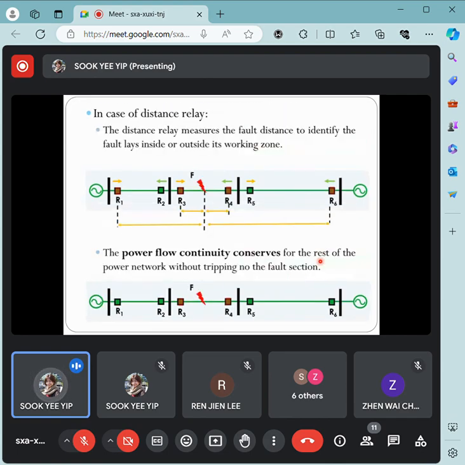All right, so now let's say we change the relays. Instead of using overcurrent relays, we are using distance relays for the same situation, meaning R1, R2 up to R6 are now distance relays. So we know that the distance relay will actually measure the fault position, or the fault distance, and then use this distance to identify whether the fault is an internal fault or an external fault. So as we know, R1, R3, R4, and R6 are the ones able to